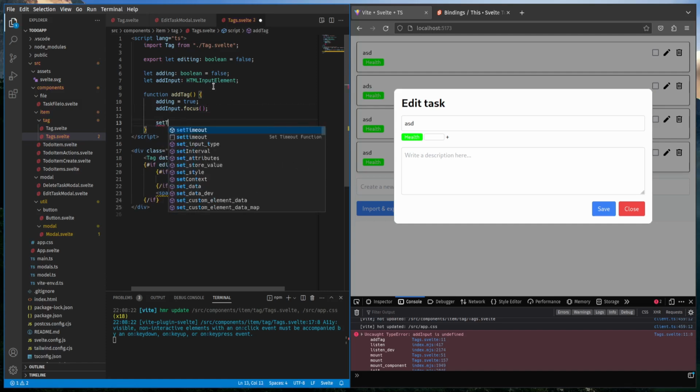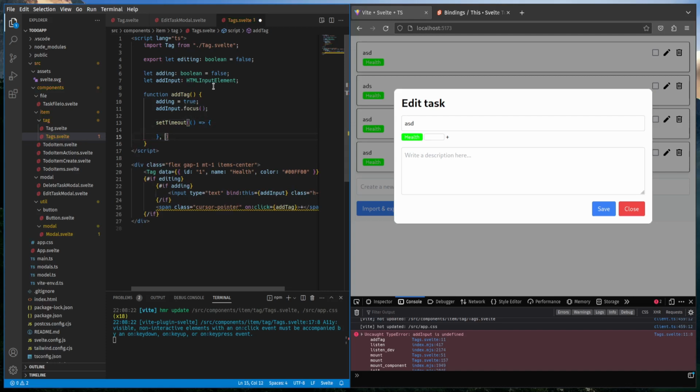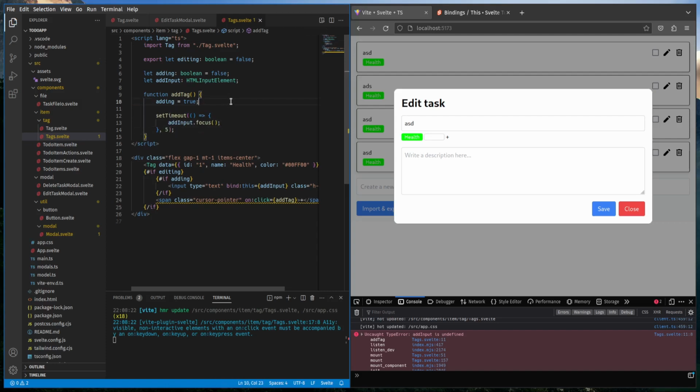So set timeout here. You're just creating a timer of, I guess, 1 tick should be fine, since it will run immediately. I'm pretty sure. Let's just give it 5, just in case something slows it down. I'm not really sure how quick it should be, but I'm assuming it should be immediately. There's no reason for it to wait. So there we go. Whenever I click that now, we can see that it's auto-focusing on that element